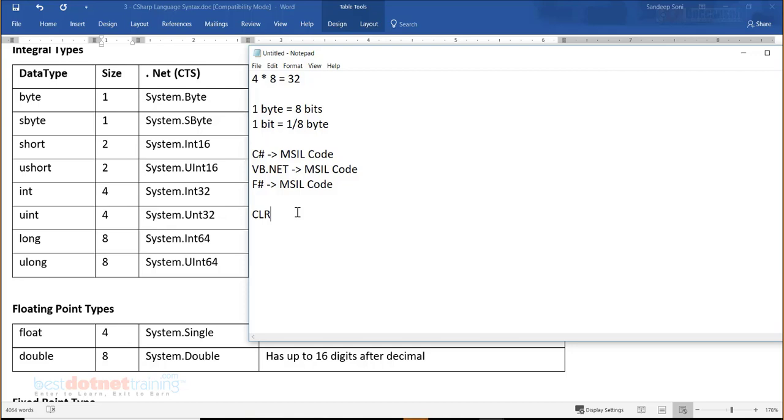Why? What could be the major problem in interoperating code of one language in the other? Most of the time, the reason why we would not be able to interoperate code of one language in the other is because of the difference in the data type. If I go back in history, if I use some data type like, let us say, variant in VB, there is no equivalent of that in C or C++.